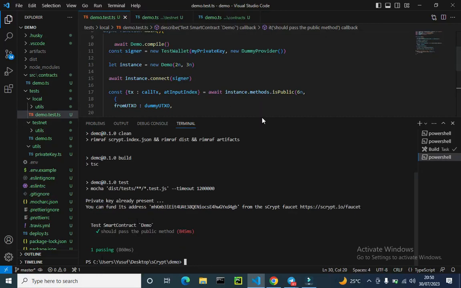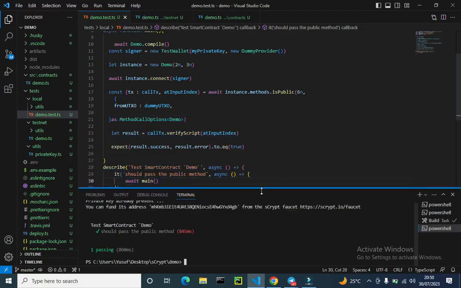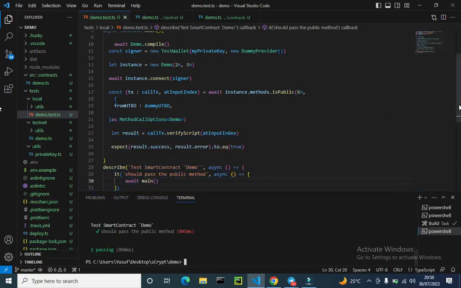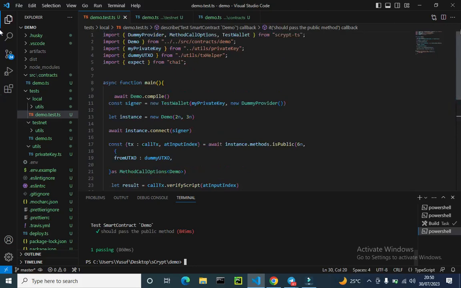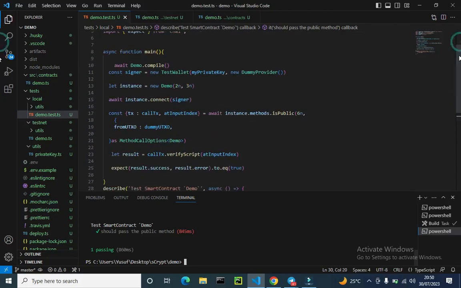So what happened here is that we test our contract that we wrote in our previous class to see whether the contract will work as expected or not. And what we have done is very simple. If the code is too long, let me do something that will make the code very little,